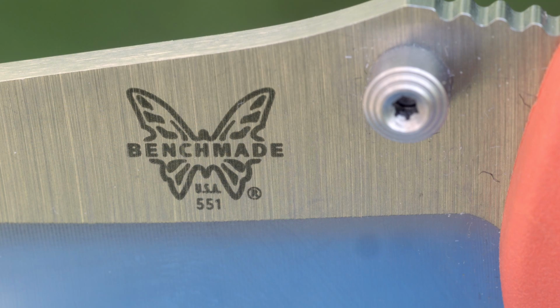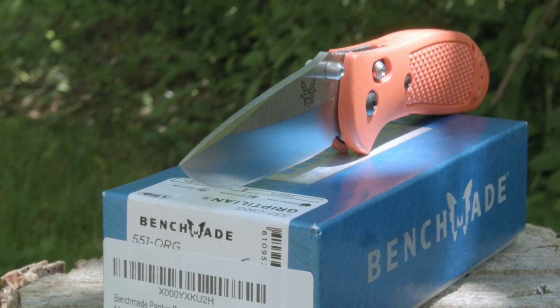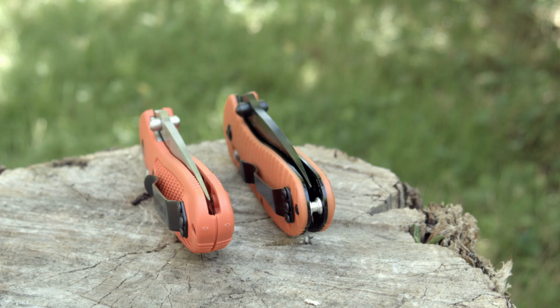The butterfly is many things. It can be the scariest part of your Tyrannosaurus safari, the mark of a classy lady when in the form of a tattoo on her lower back, or a signal that YouTube has another Benchmade Griptilian review taking up server space. I decided to buy the Benchmade 551, better known as the Griptilian, because I had used a gateway knife